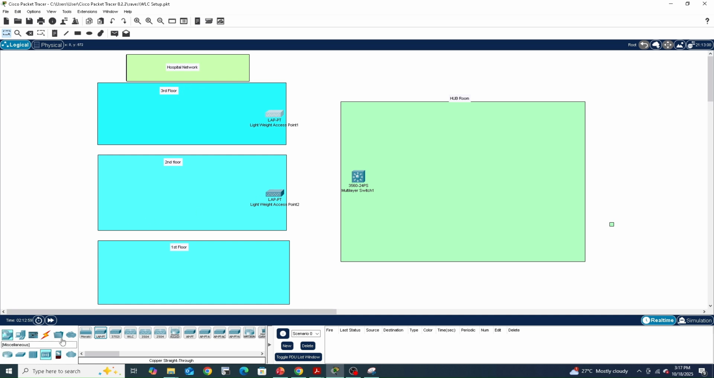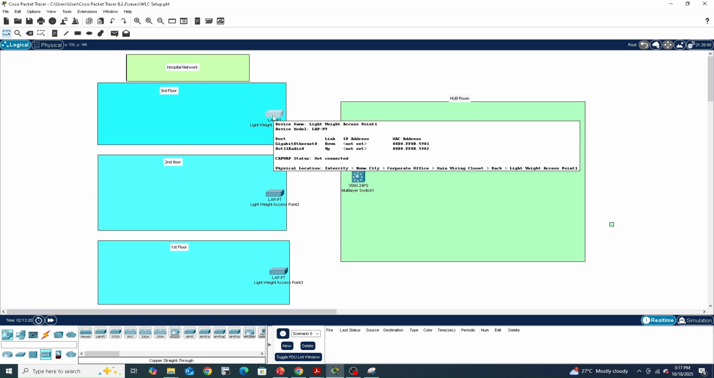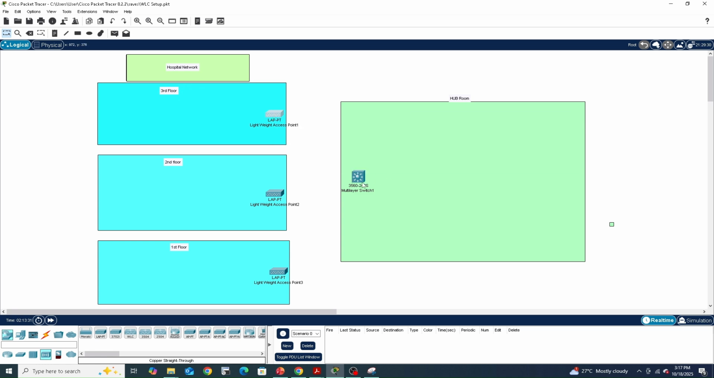I'm going to add that in individual floors, each floor one AP. Now, if you just click on this AP, you will see there is no power supply added. Either you can add the power supply by bringing it here, just get the power supply, and then connect an L2 switch,